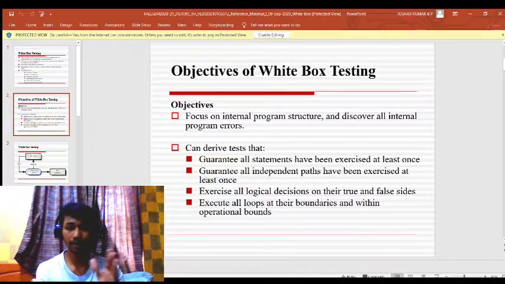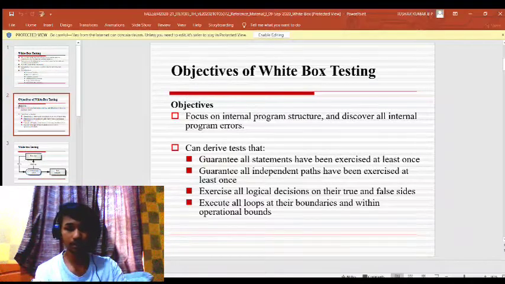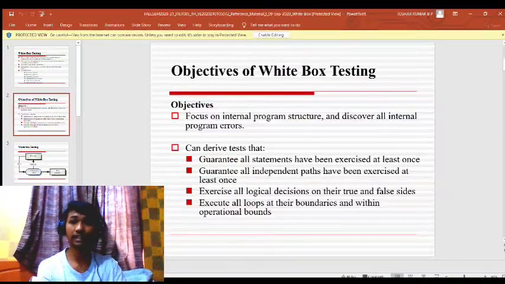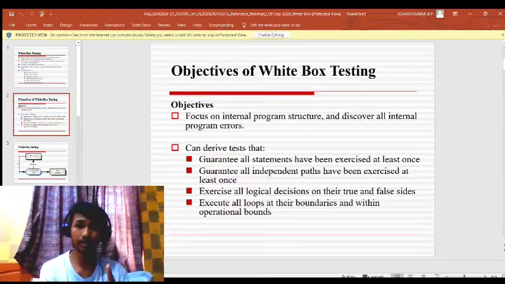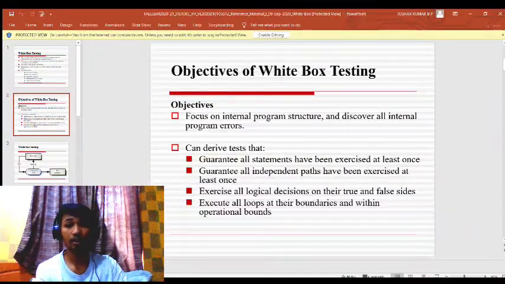So if you run a code using white box testing, it ensures that you won't be missing any part in the code. So it also guarantees that all the statements have been exercised at least once, or all independent paths have been exercised at least once.